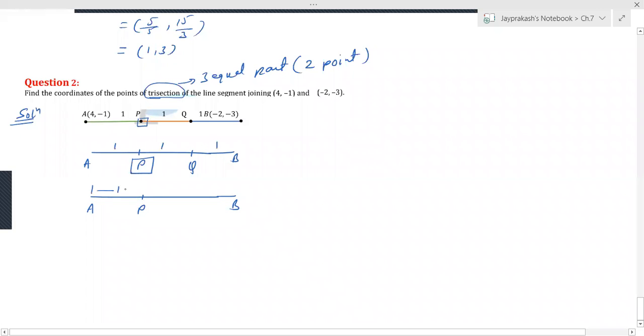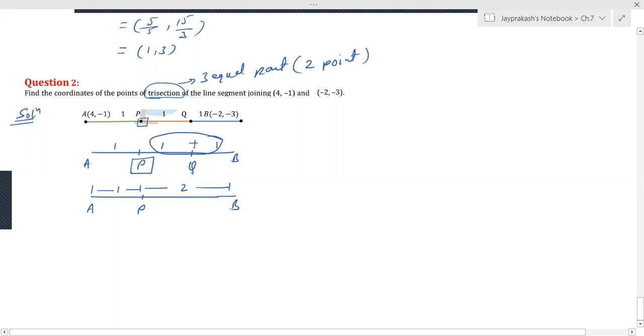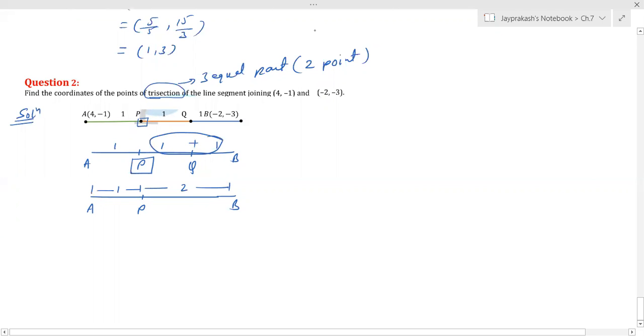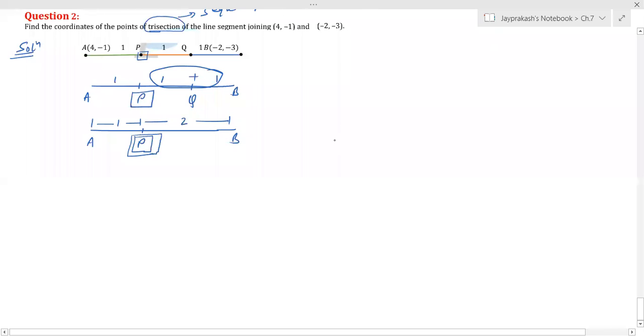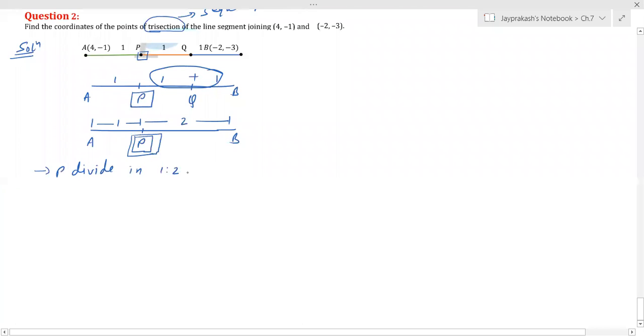So this part is a 1 ratio, and the second side is 2. That means 1 plus 1 will be 2 parts. So now P divides